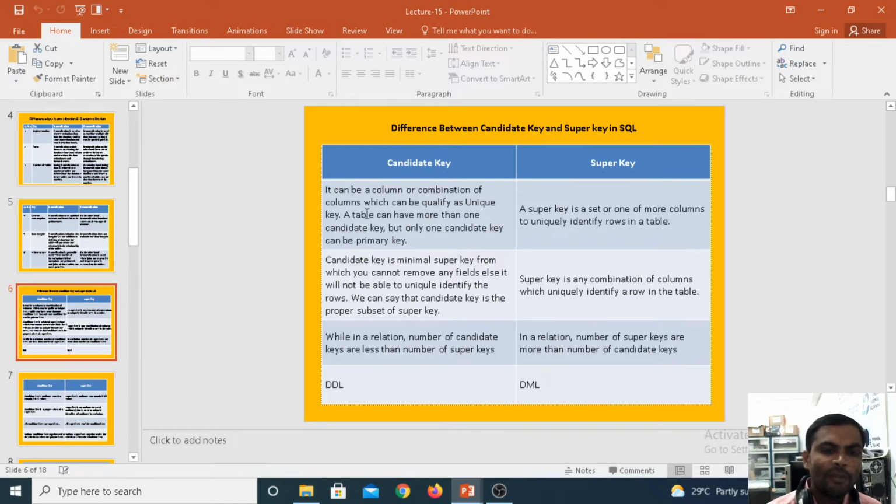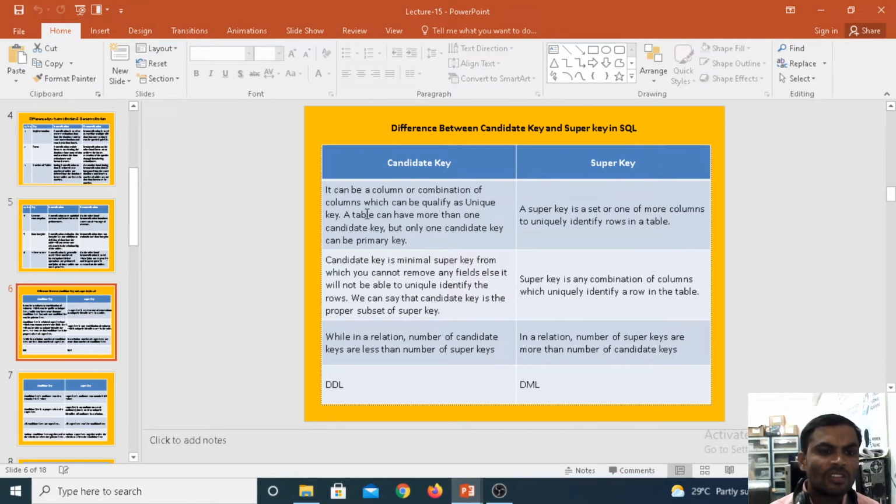A table can have more than one candidate key, but only one candidate key can be the primary key. Among the candidate keys, only one we declare as the primary key.